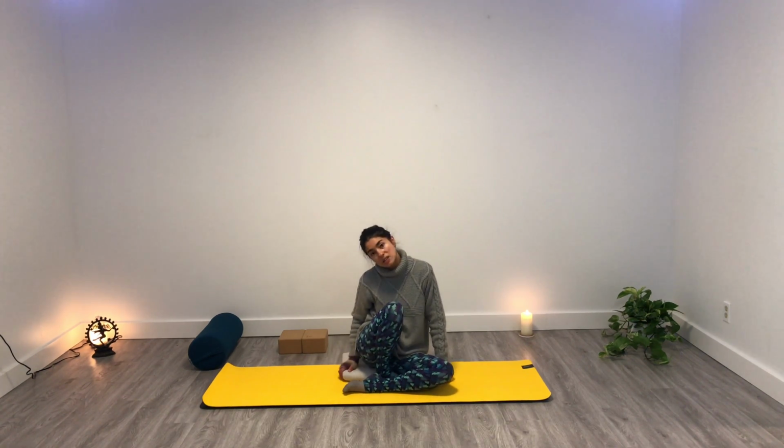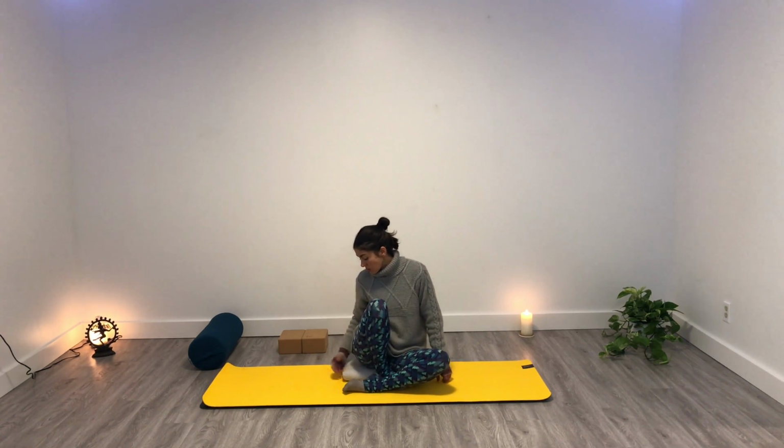We focus in the crown and center, or Sahasrara Chakra in Sanskrit, and it's located on top of the head and related with integration, unity, enlightenment. And you might need something to sit on. I'm using just a folded blanket, but it also could be